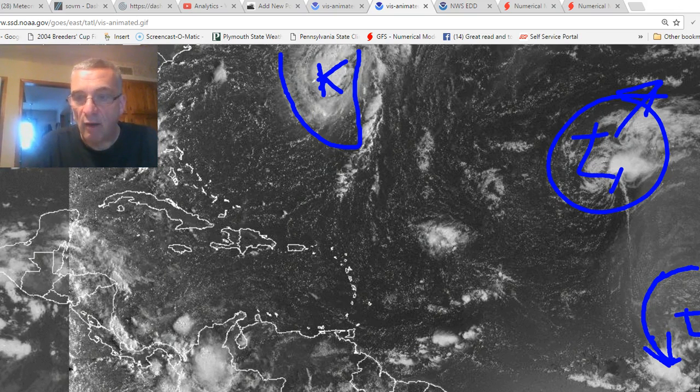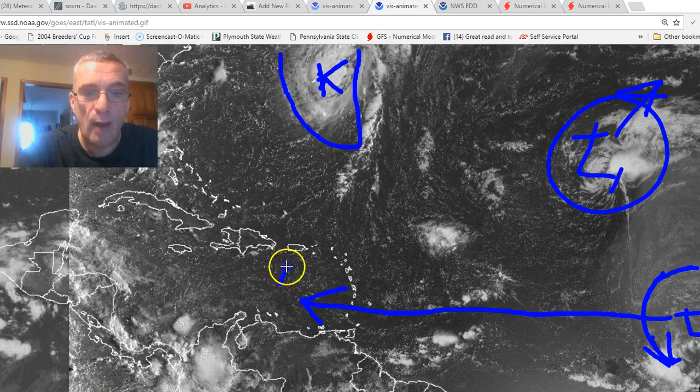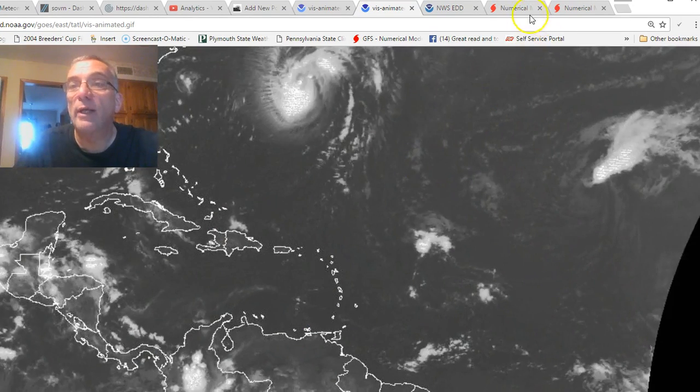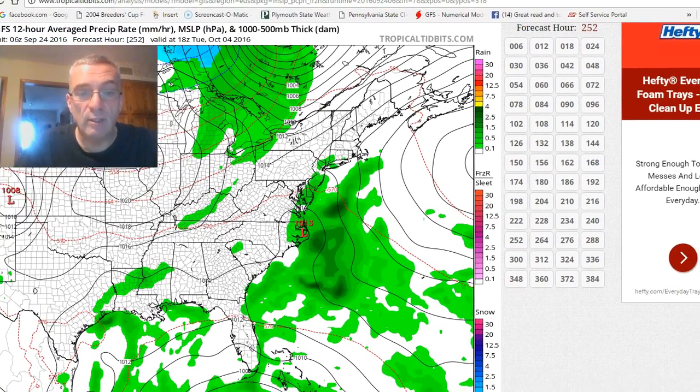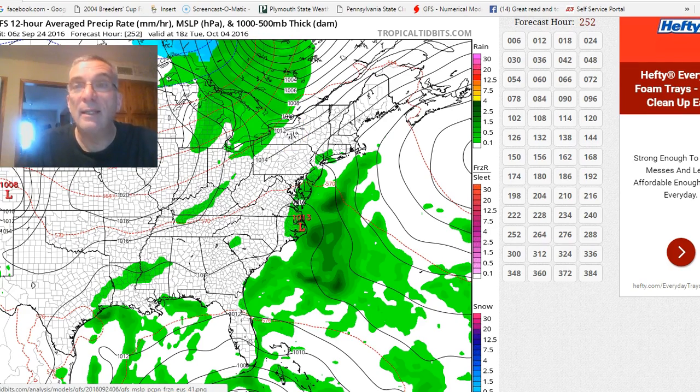of a disturbance, of a tropical wave that has moved offshore and is going to continue to move to the west. And it looks like it's going to have a straight westward track as it goes into the eastern Caribbean, probably around the middle of next week. So it's right in here that the models really start to develop this into a tropical storm. And the National Hurricane Center is actually acknowledging this in their tropical outlook, calling for now a 50% chance of a tropical cyclone developing in the next